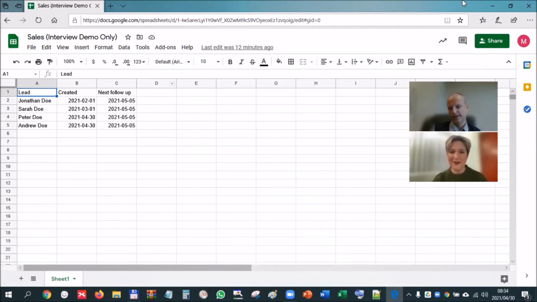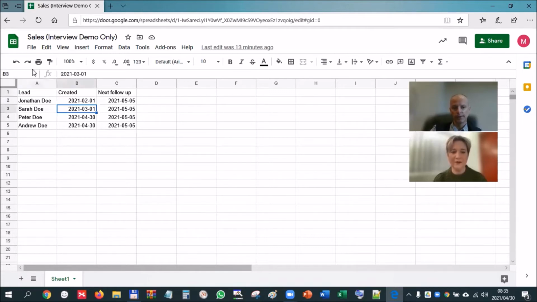Hi, Melanie. Yes, something that's quite important when you're working with spreadsheets is an audit trail of changes that were made. Something quite powerful and useful in Google Sheets is the ability to see all the changes that were made from the first time the specific spreadsheet was created up to the current time.